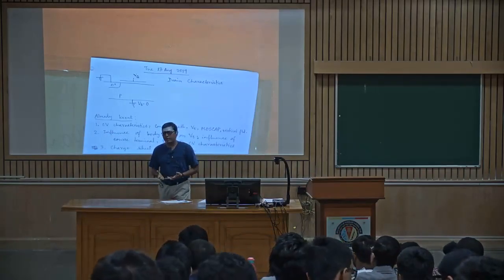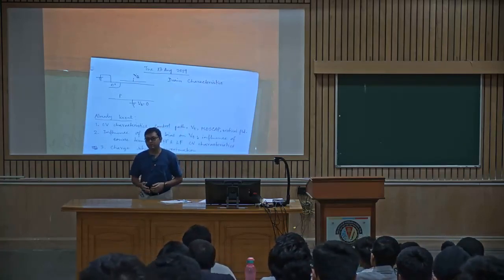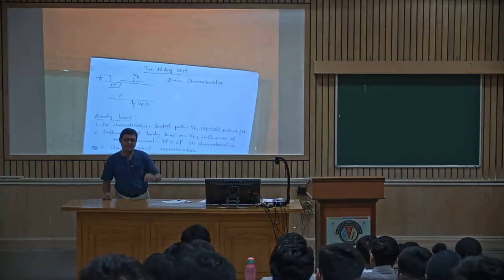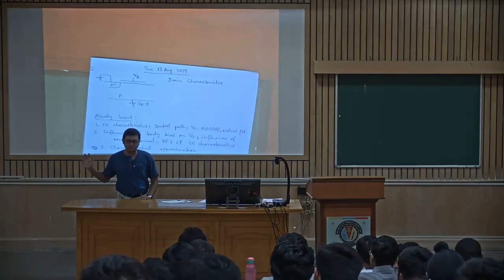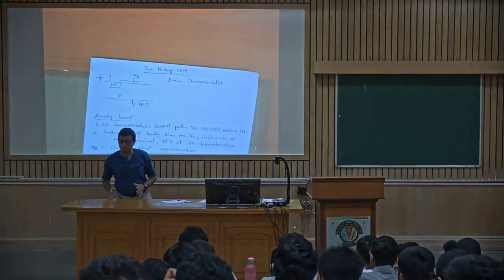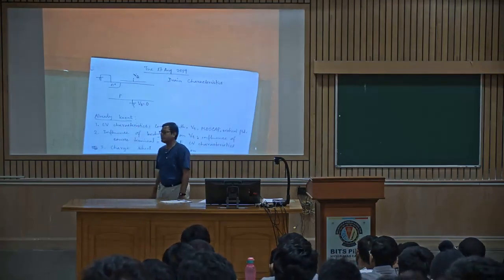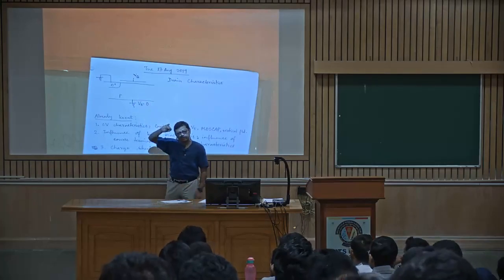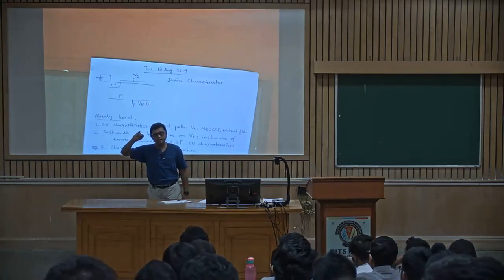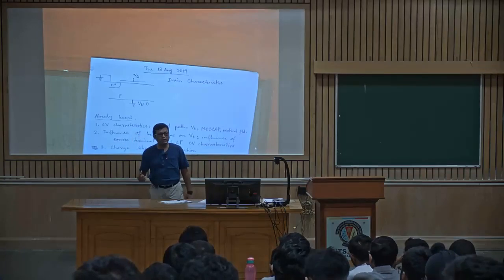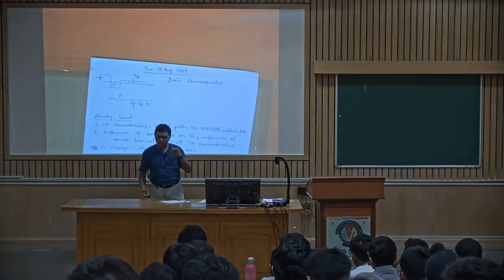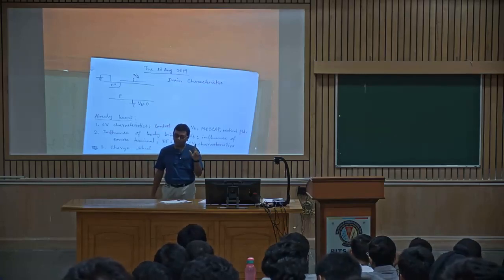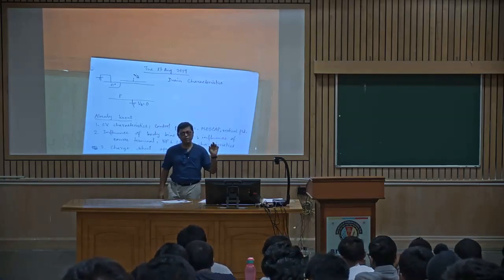The Streetman Banerjee textbook or Neamen, if you notice, were written in the 1970s. At that time people never thought that such 45 nanometer technology was even possible. That was a pipe dream at that time. So in current technology, you have to keep this 3 phi t in mind. In interviews, if they ask when the transistor switches on: when VGB is higher than VT. And when does VT come? When surface potential is 2 phi f plus 3 phi t. That will ensure